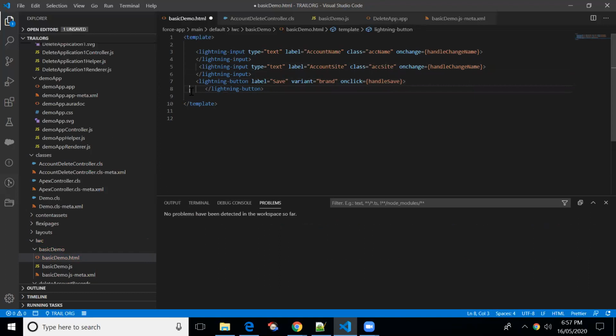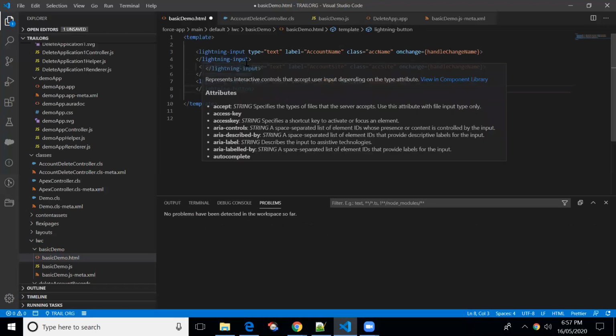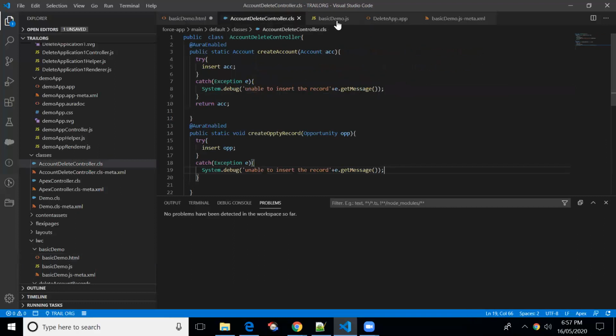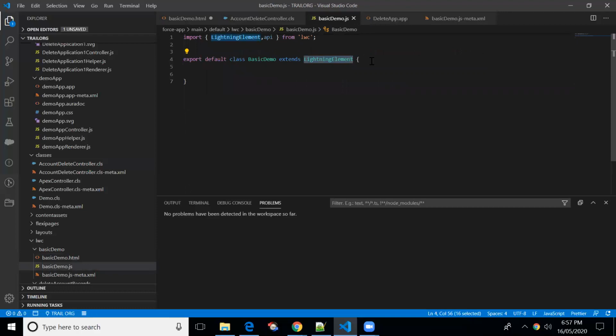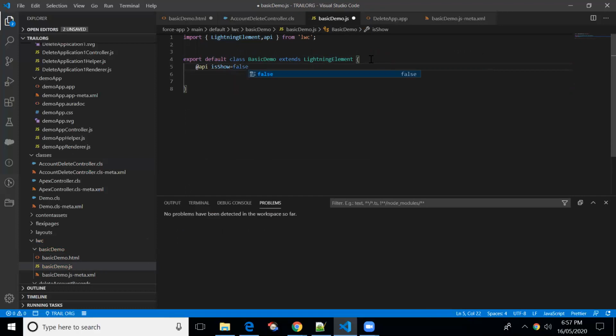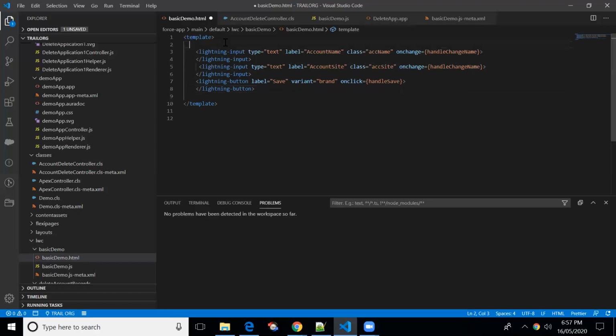Okay, so I'll be creating one more form, right? By default, we'll be showing the account form. I'll be creating one variable, @api isSue equal to false. By default, we are going to display the account form, and whenever the user clicks on save, then we'll be showing the opportunity form, right?